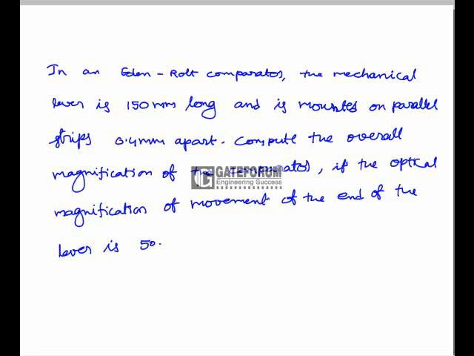In an Eden rolled comparator, the mechanical lever is 150 mm long and is mounted on parallel strips 0.4 mm apart. Compute the overall magnification of the comparator if the optical magnification of the movement of the end of the lever is 50. So here the mechanical magnification is given by